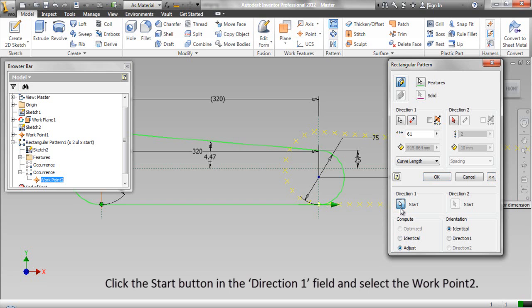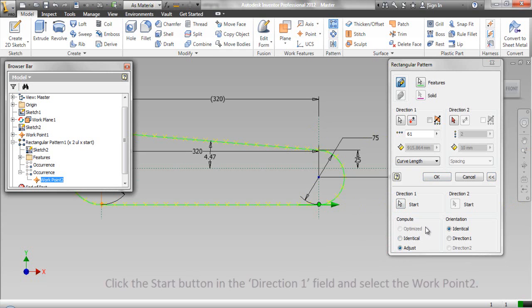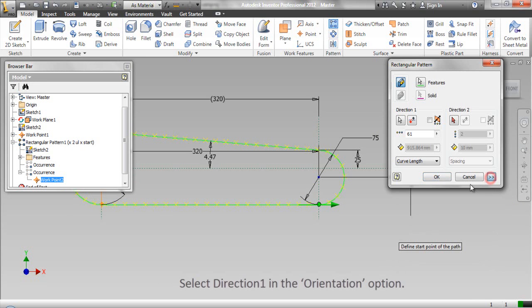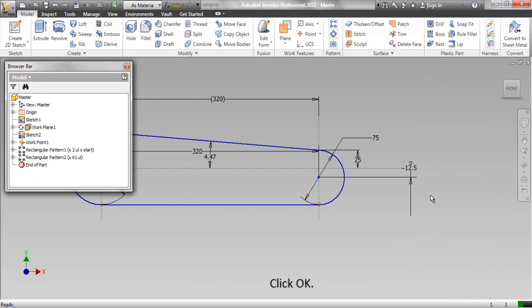Click the Start button in the Direction 1 field and select Work Point 2. Select Direction 1 in the Orientation option. Click OK. Save the file and close it.